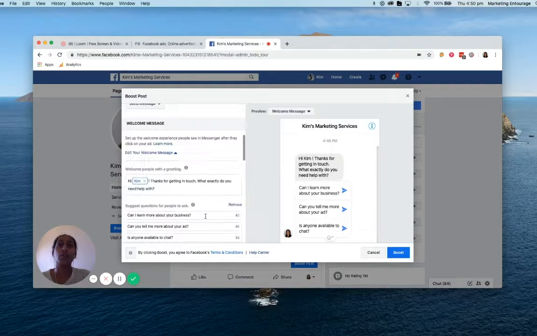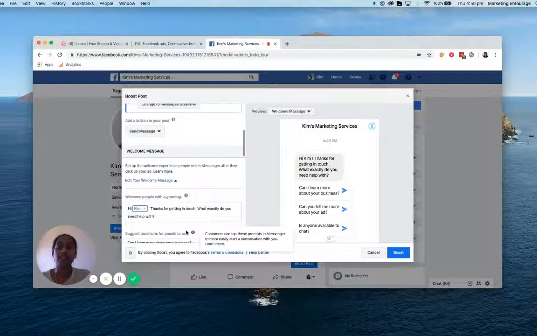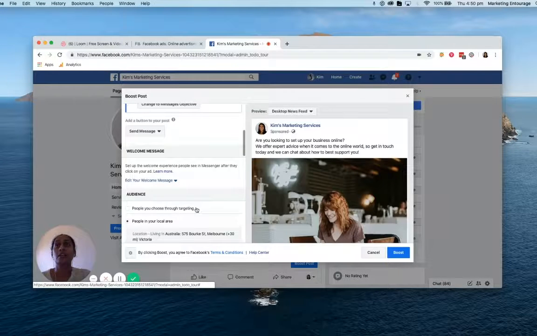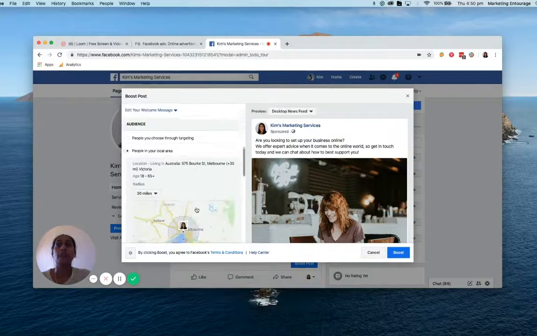You can edit your welcome message here, but you may have already done this in page settings, which I've gone over previously. If you haven't already, you can edit in this. But what I've done here is I've just personalized it a little bit more than Facebook's standard response. So I'm going to leave my message as is, and I'm going to move on to step 3, which is